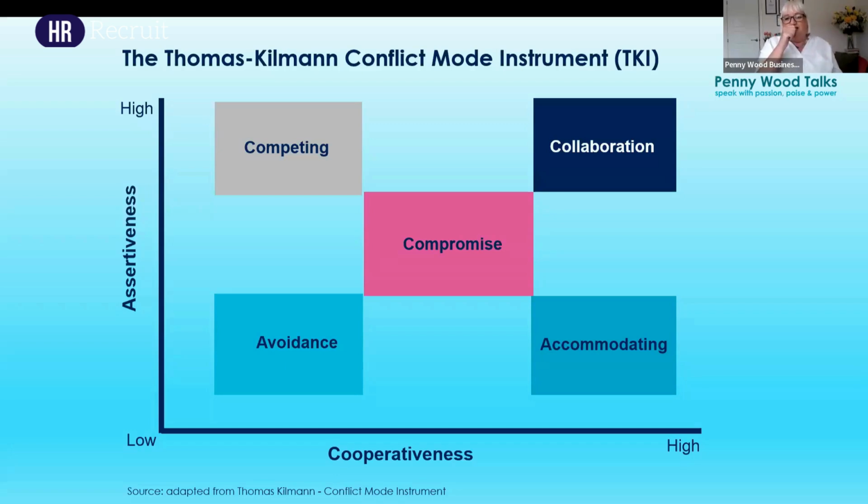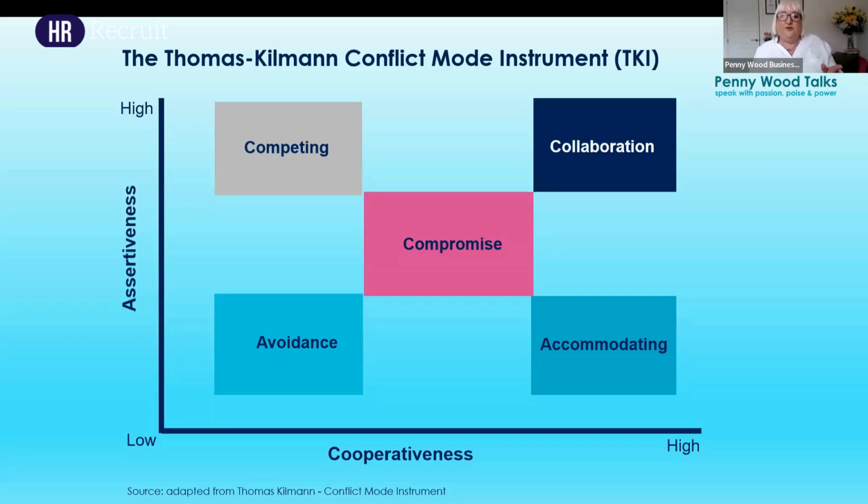Now, collaboration, top right. This is when individuals work together to find a solution that satisfies both parties. Collaboration is good when you want to really understand the other person's point of view and merge the different perspectives and insights so that you integrate everything and work together. It's about gaining commitment to move forward through consensual decisions. So that's how you use collaboration. The risk with it is that it can be very time consuming, and it can sometimes deviate from a clear position. So just think about that when you're using collaboration.